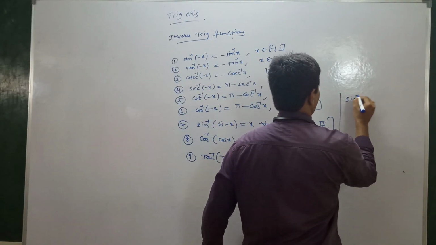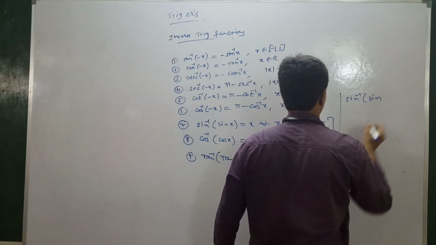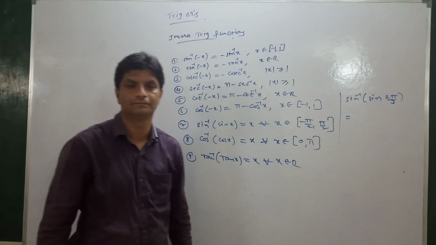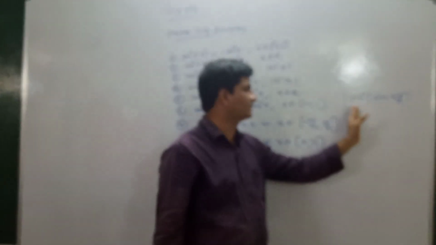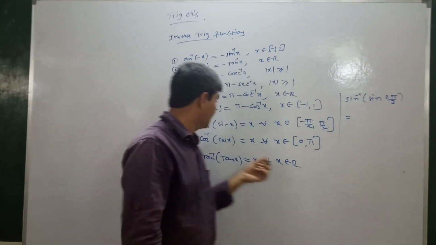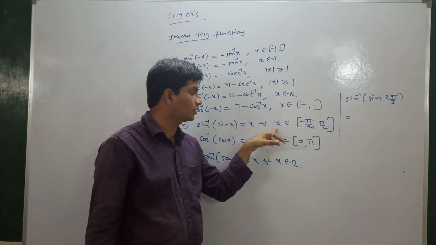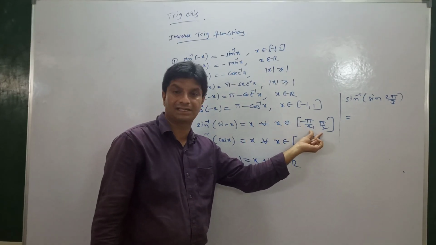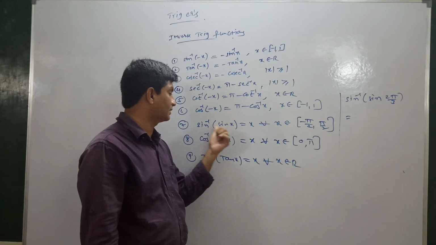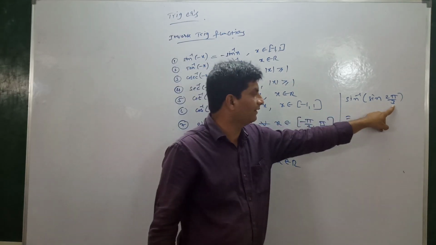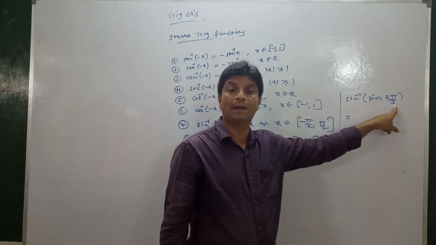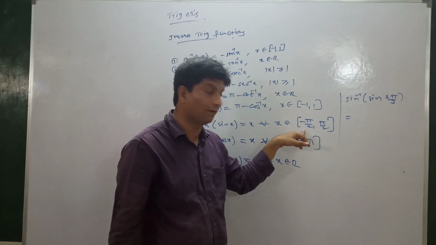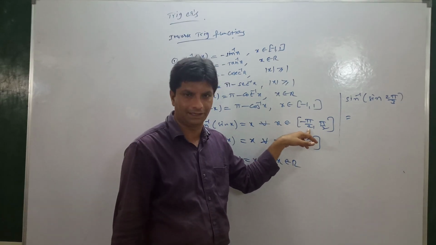If you want to find the value of sin inverse of sin 2 pi by 3, this is clearly in the form of sin inverse of sin x. Is sin inverse of sin x equal to x for all x? No. Only whenever the value of x lies in the interval minus 90 to 90 can we write sin inverse of sin x equals x. What is in place of x given here? 2 pi by 3. 2 pi by 3 means 120 degrees. 120 degrees does not belong to this interval. It is beyond the interval, greater than 90.